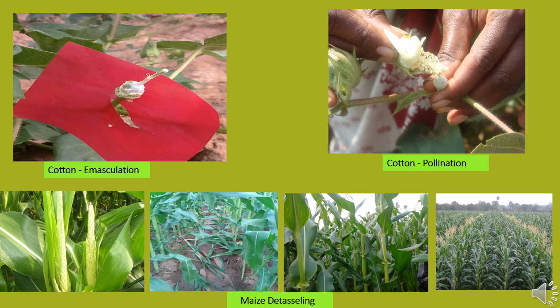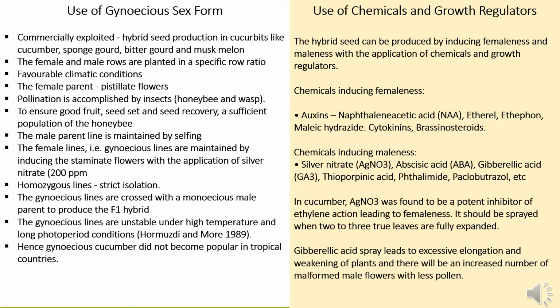Here are some pictures which represent the emasculation and pollination process in cotton and detasseling activity in the maize crop. Other genetic components are gynoecious sex forms in hybrid seed production, which are commercially exploited in hybrid seed production activities